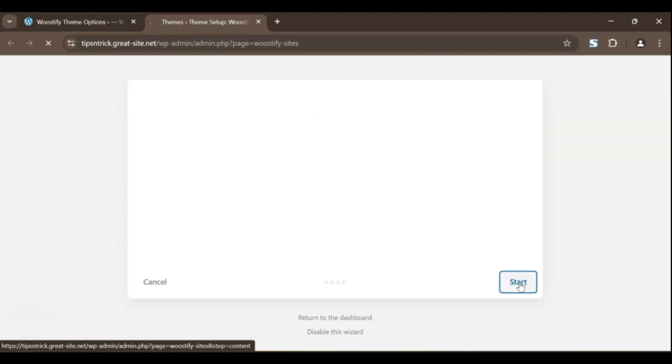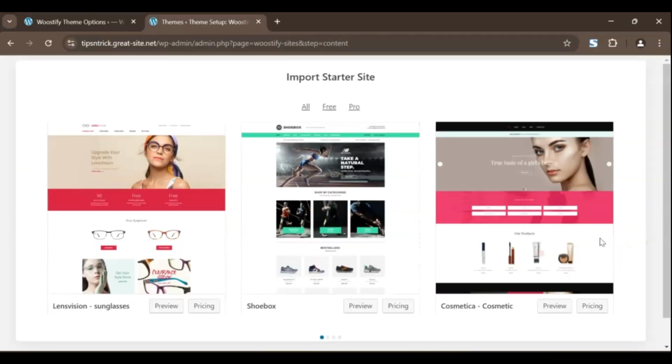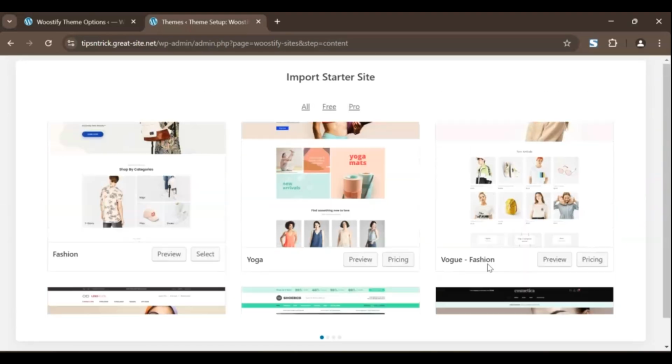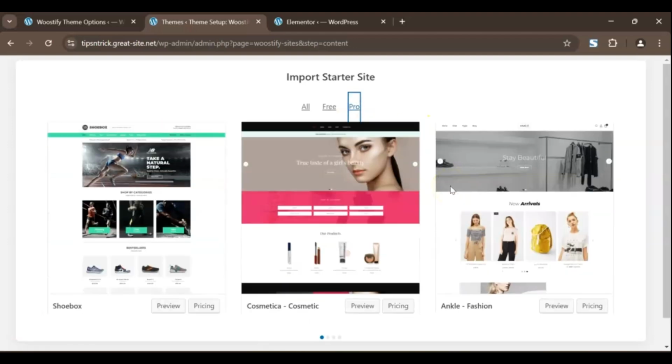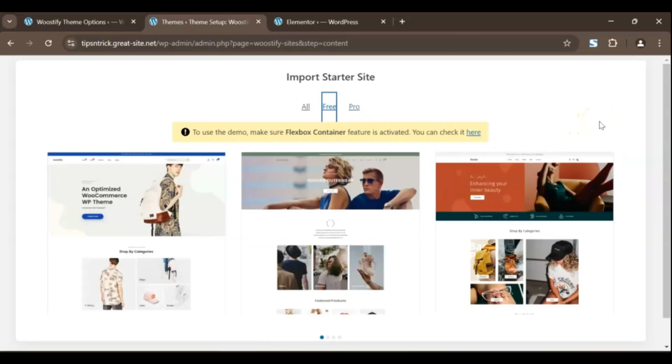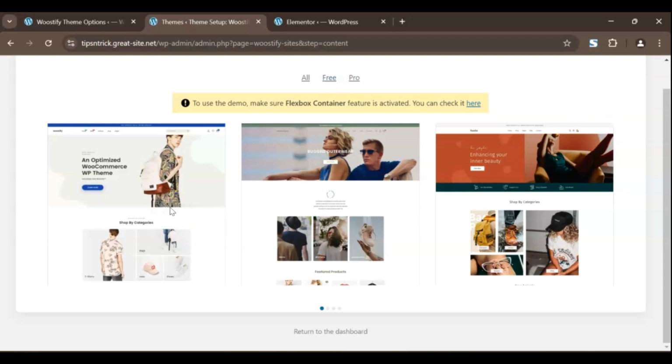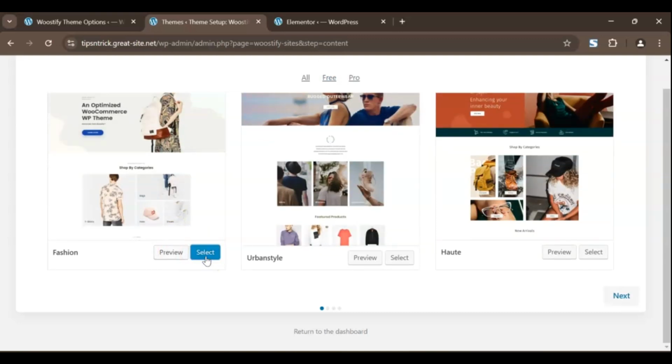Whether you're looking for a simple design or a more advanced layout, their collection gives you the flexibility to choose the perfect starting point for your website. Simply scroll through the options and pick the one that aligns with your vision. Since you've come to this video to build a completely free e-commerce site, simply select one of the free options